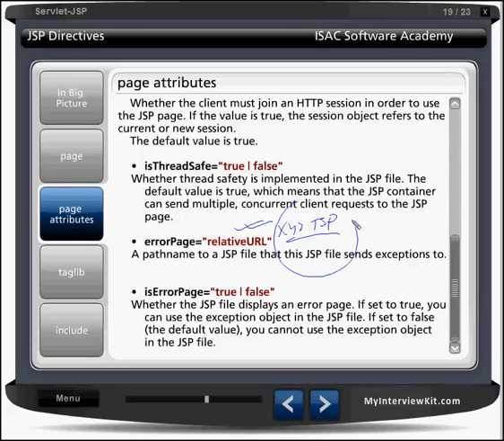If I open this page, there we have to write isErrorPage equal to true. It means this page is an error page. This page will only come if an error comes somewhere. This is not a normal page, right? So both are complementary. If one page is using errorPage and gives the URL here, in that page you have to mention isErrorPage equal to true. I hope you understood this now.